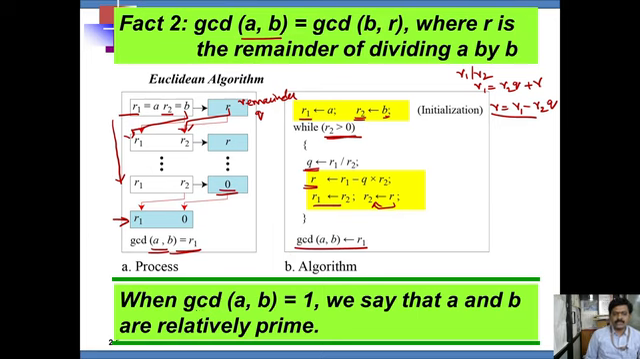When we get two numbers' GCD value as 1, then we say that A and B are